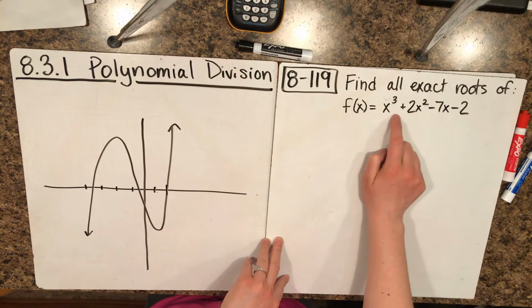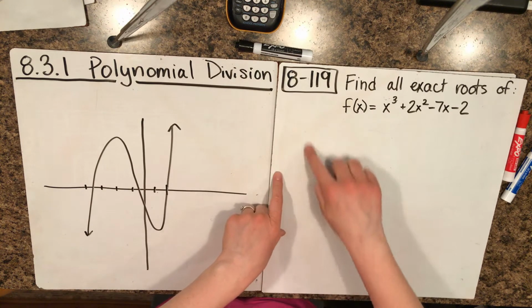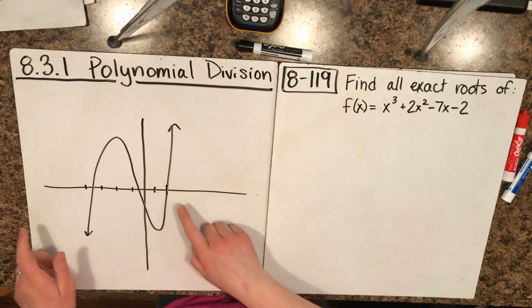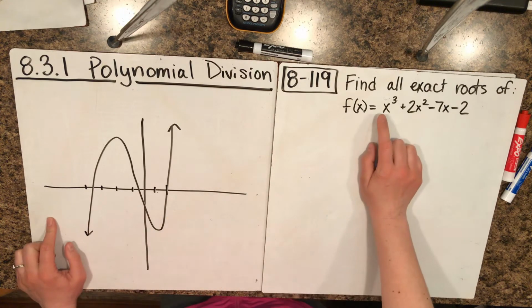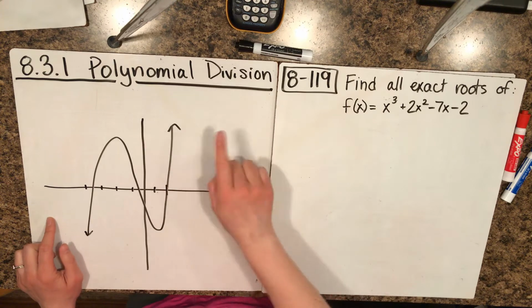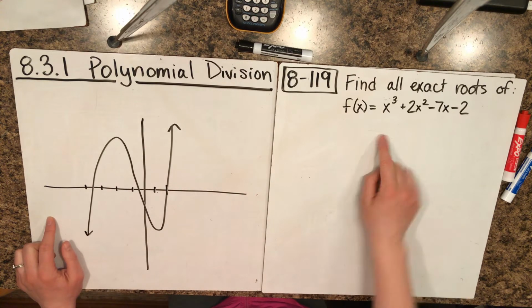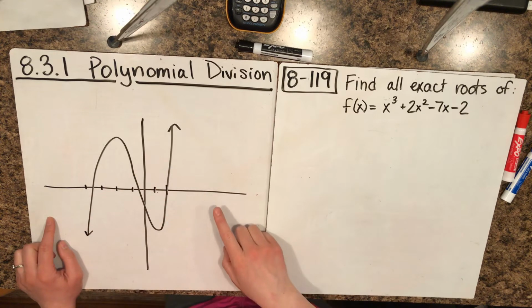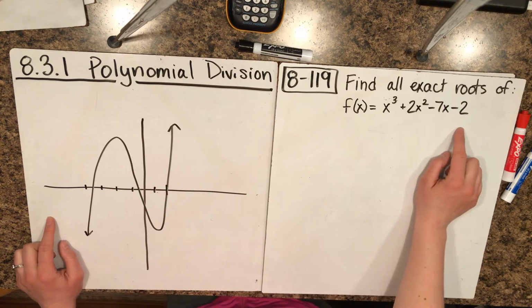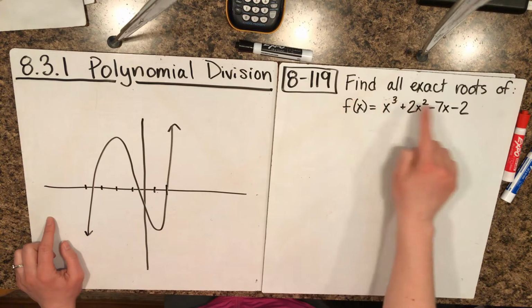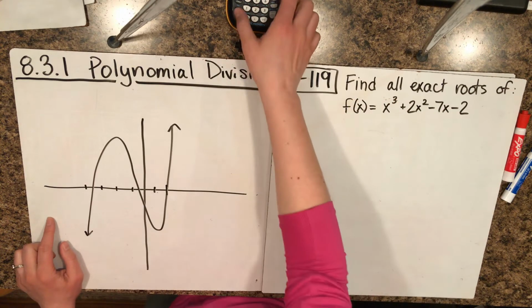We know the degree is 3, so we know the shape. We know it's either an n or a backwards n, okay? We know that it has a positive orientation, so on the right side it ends by going up. It's not in factored form, so we can't tell exactly what the intercepts are, but that's kind of our goal today. So when it says find all exact roots, the very first thing you're going to do is